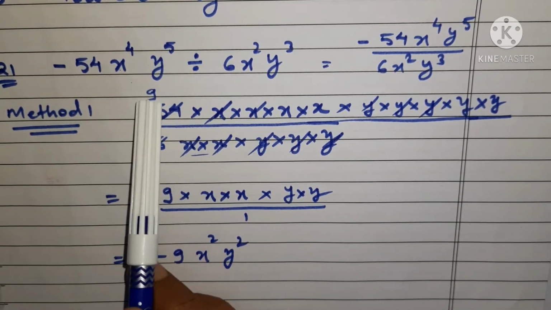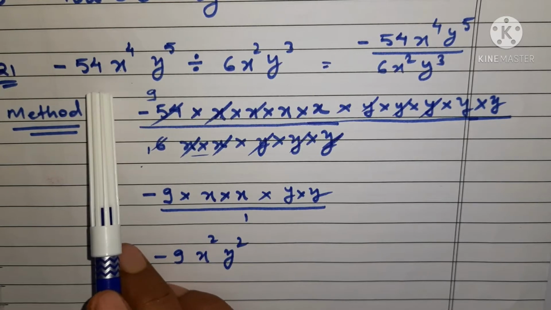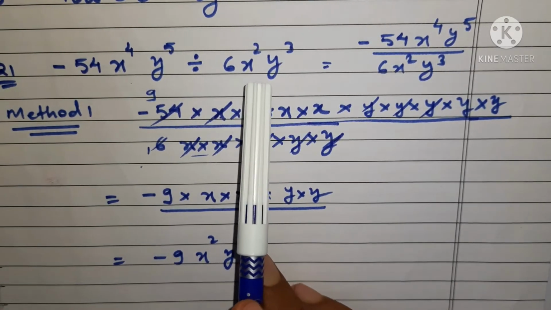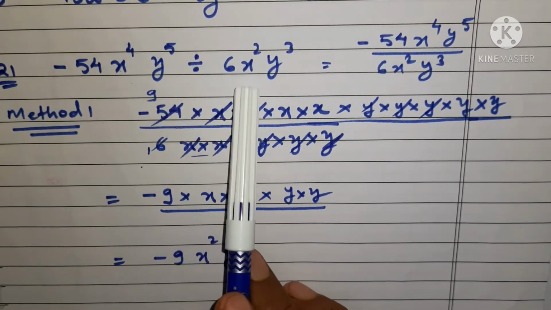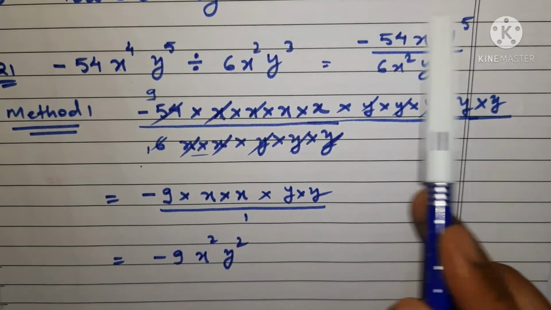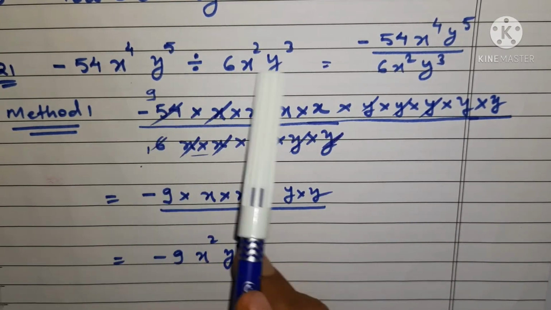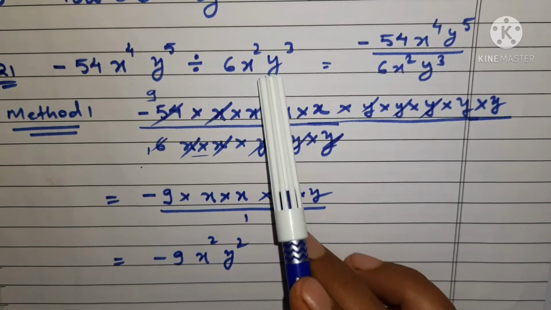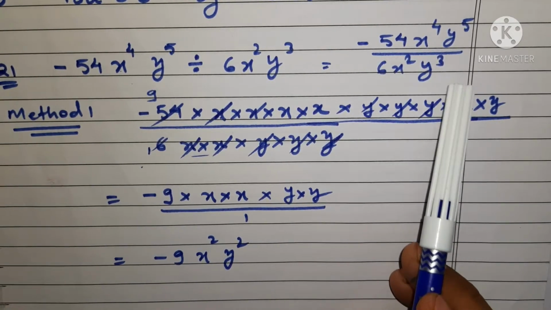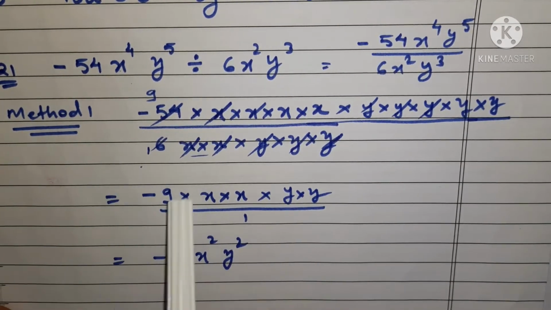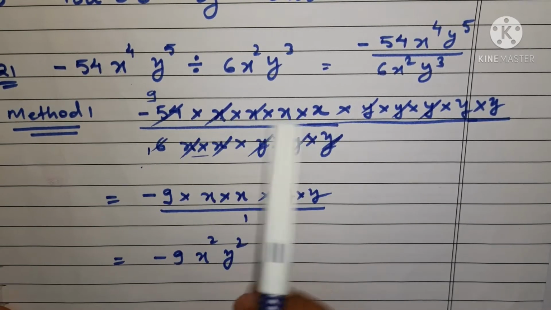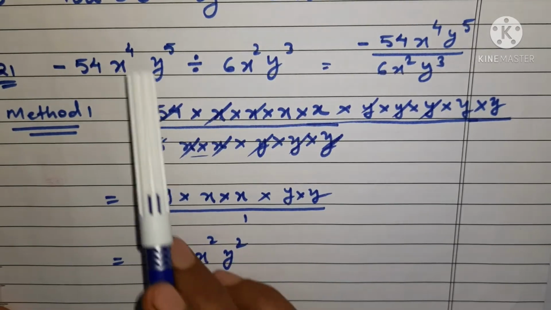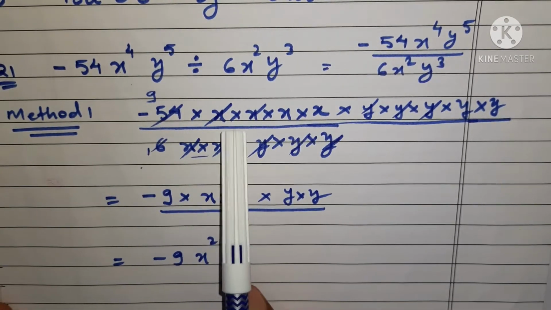जो भी डिविडेंड होता है, जिस एक्सप्रेशन को डिवाइड करना होता है उसे हम न्यूमरेटर में लिखते हैं, और जिससे डिवाइड करना होता है यानी डिवाइज़र को हम डिनोमिनेटर में लिखते हैं, as we have done here. Always try to bring it into fraction form. The very first step is to write in fraction form. हमने इसको फ्रैक्शन फॉर्म में चेंज करने की कोशिश की है. ठीक है. Then what we have done, we have split the powers. पावर के हिसाब से हमने एक्सपोनेंट्स को हटाकर वेरिएबल्स को स्प्लिट कर दिया है.